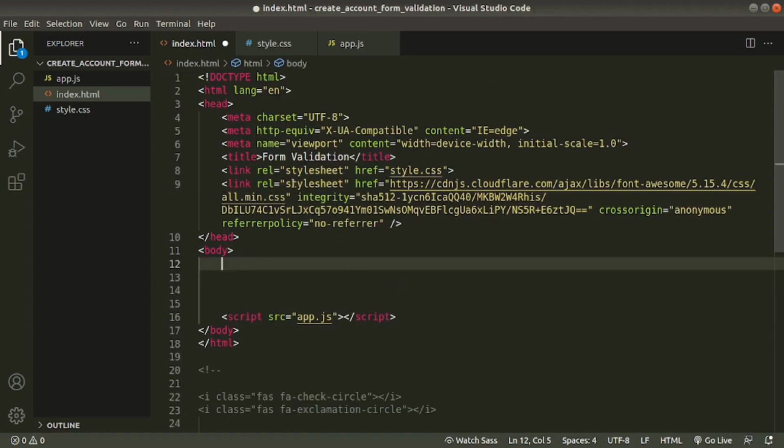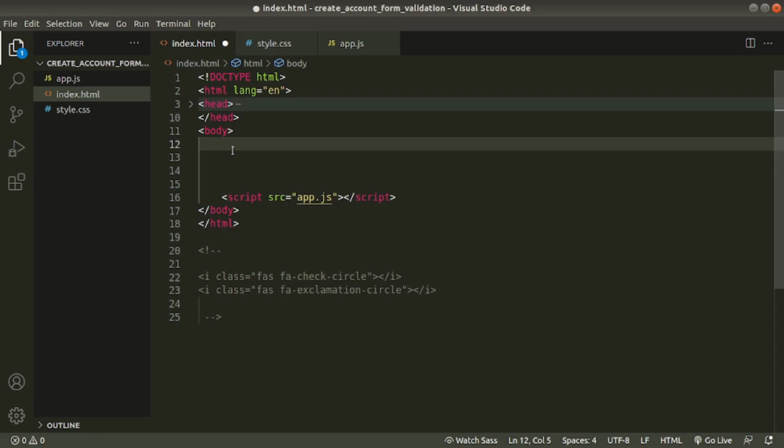You see this header tag, we don't need to see it again. Just close this one. Now inside the body tag, first we'll create a form with ID create account form. Now you see the form has an action attribute. If we want to submit this form, we need to provide a URL here. In the first part of this video, we are not submitting, so just remove this one. In the second part, we'll come here and talk about this action attribute and method attribute. For now, just move on.